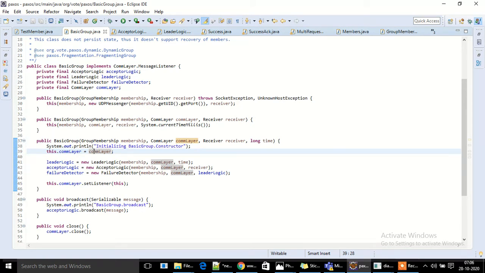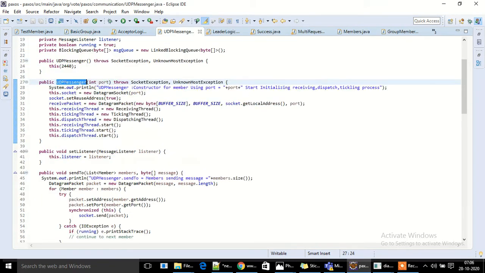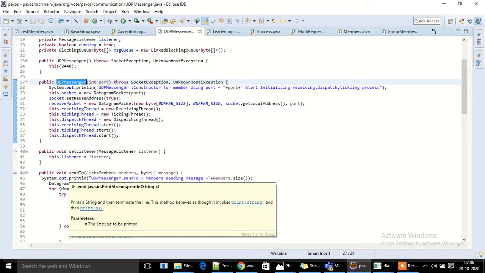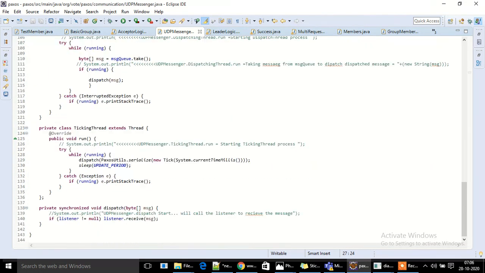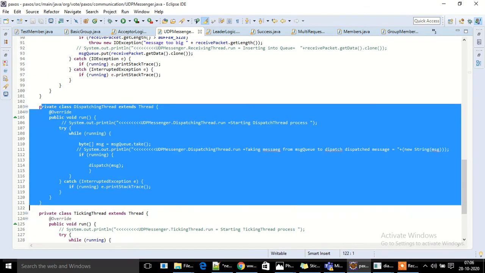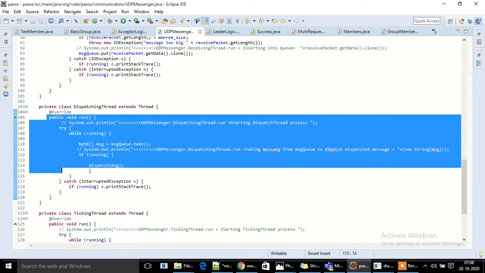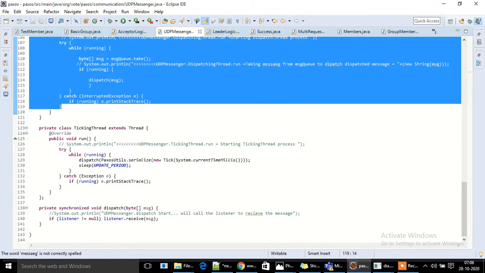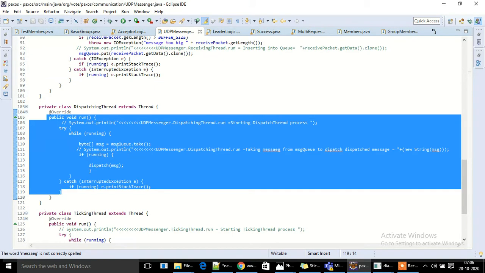Let's go into what the UDP messenger is doing. Once the UDP messenger receives the request for each member, we have a receiving thread and a dispatch thread for each member, and we start those threads, which are defined in the UDP messenger itself. These threads are started and keep running for each member to receive or send messages,